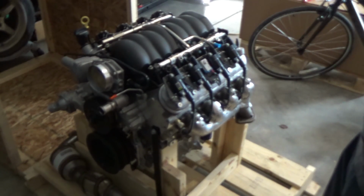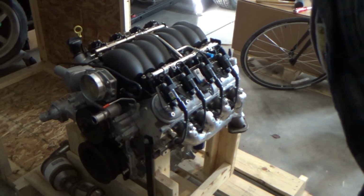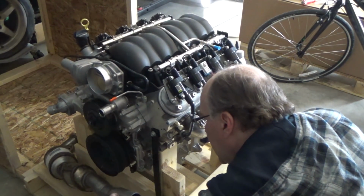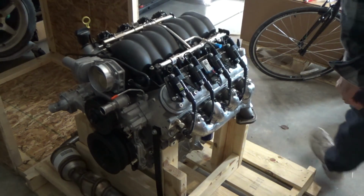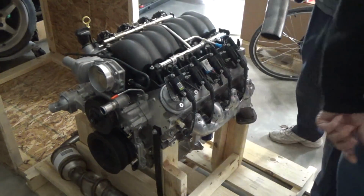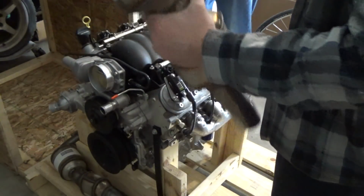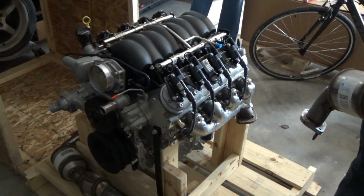Yeah, that's weird. I don't know if you can see it, but this cat here has that sleeve on it. The other cat does not. So this catalytic converter, the sleeve came in the box, but the other one didn't. Huh. Alright, so